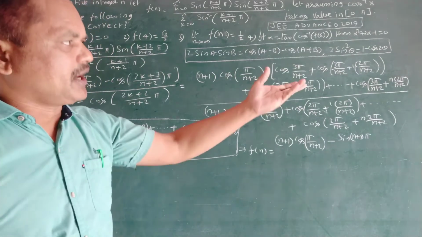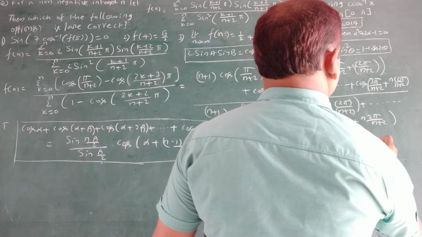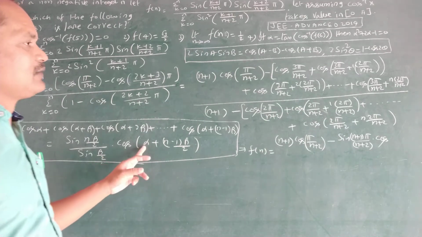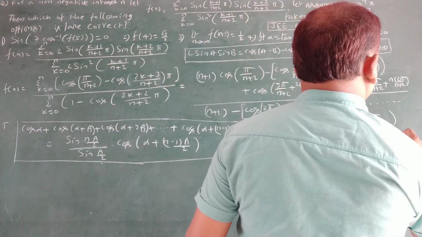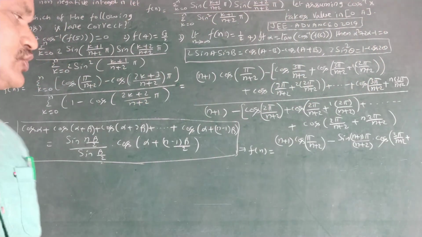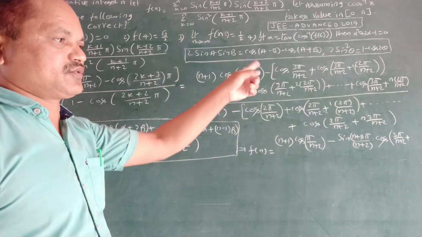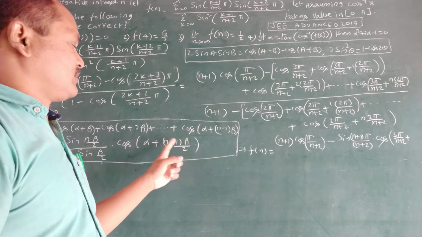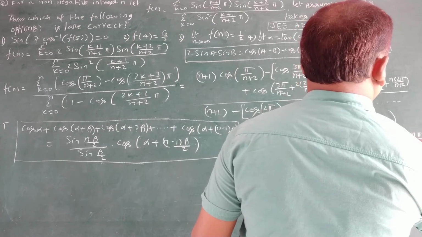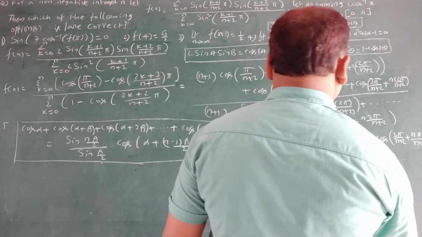What is beta by 2? Pi by n plus 2. Into cos, what is that? Cos alpha, what is alpha? 3 pi by n plus 2 plus 3 pi by n plus 2 plus n minus 1, where n minus 1 is nothing but, in place of n we have to write n plus 1, since n plus 1 terms are there, n plus 1 minus 1, that way n pi by 2, n into beta by 2. Beta by 2 is pi by n plus 2, that's all, beta by 2 is pi by n plus 2, whole by,